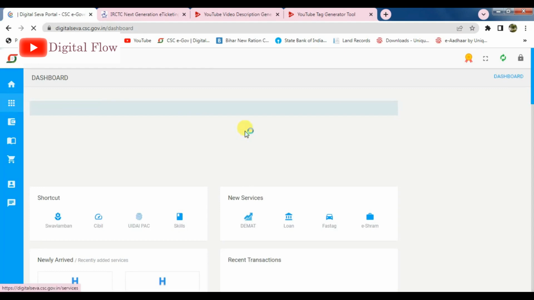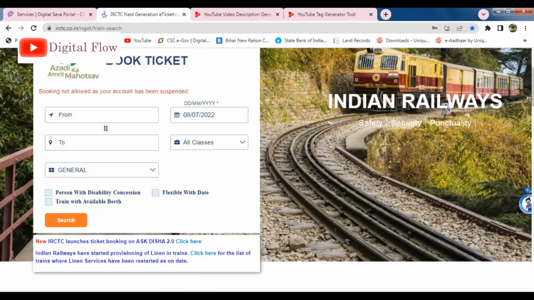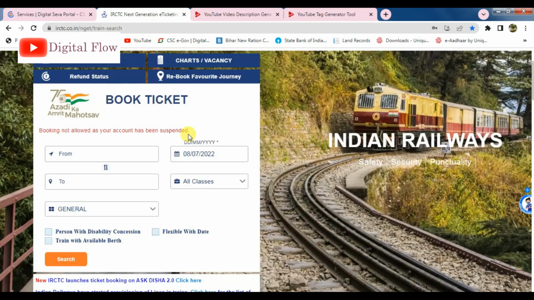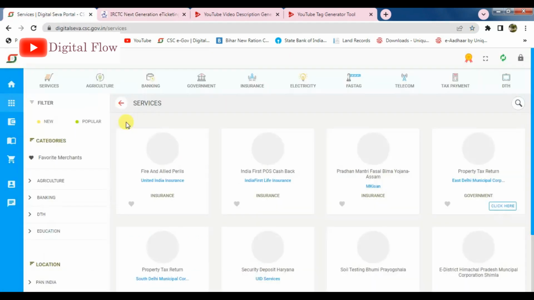As we all know, when logging into the CSC agent ID for booking railway tickets, you need your user ID, password, and an OTP comes to the registered Aadhaar mobile number before the booking process. Now the system has changed. I will show you how it has changed.